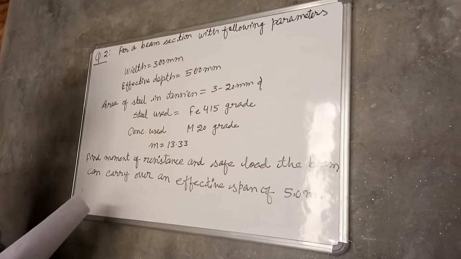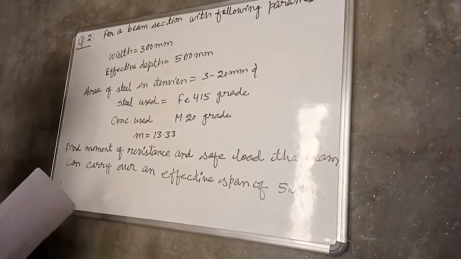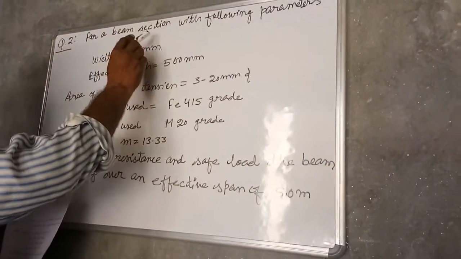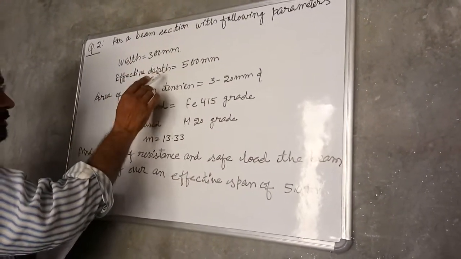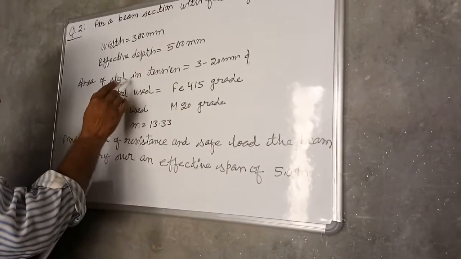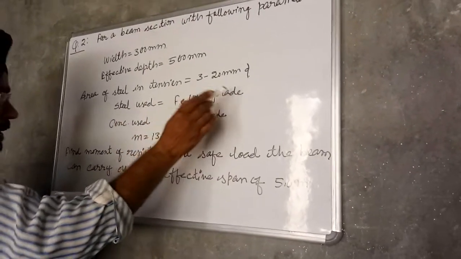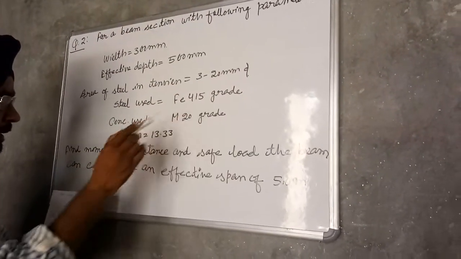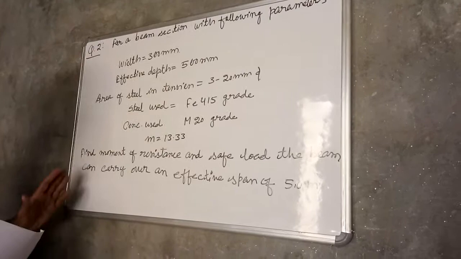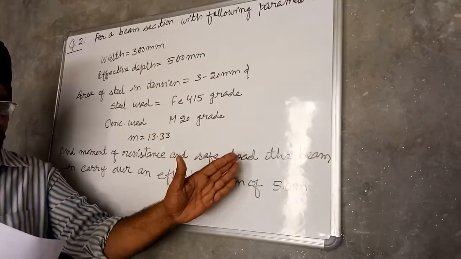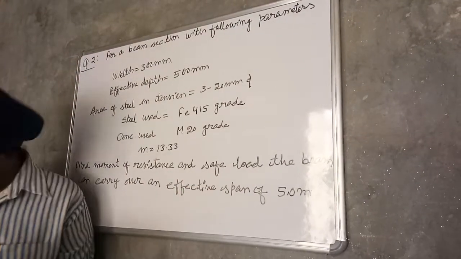Good morning, students. The second problem on the singly reinforced beam by working stress method is: for a beam section with the following parameters: width of the beam section 300 millimeter, effective depth 500 millimeter, and area of the steel in tension 3 bars of 20 mm dia. Steel used is Fe 415 grade, concrete used is M20 grade, and the modular ratio m is 13.33. We have to calculate the moment of resistance and the safe load the beam can carry over an effective span of 5 meter. So the solution is